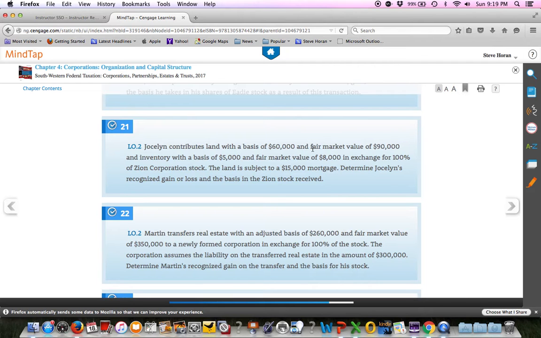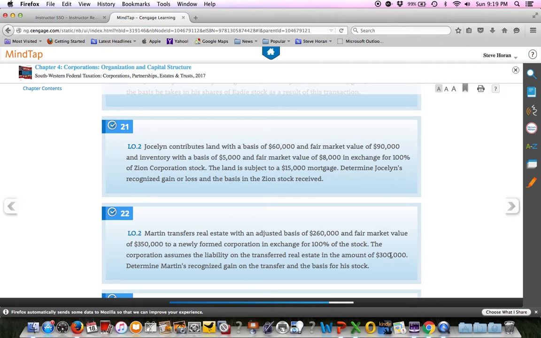So Martin's transfer of real estate to the corp is a 351 transaction. Hopefully you saw that with the 100% number there. The amount realized of 350 is basically his stock. So basically he's got a stock with